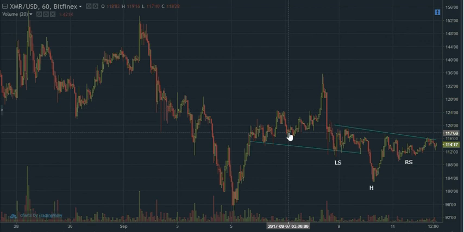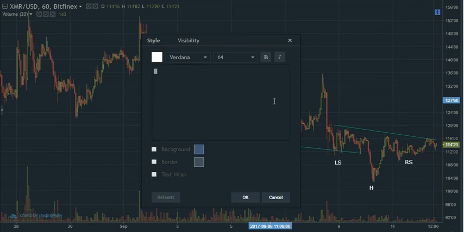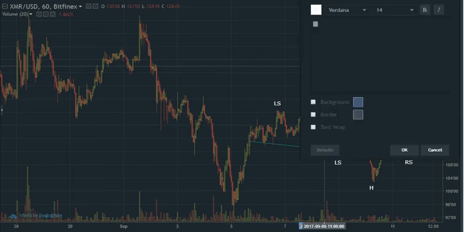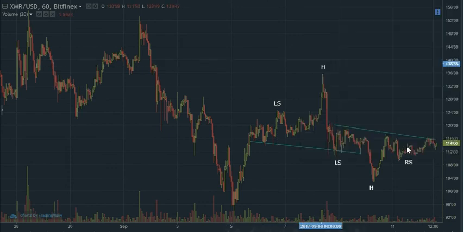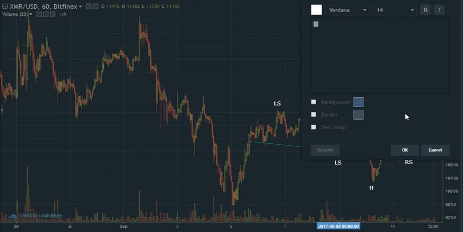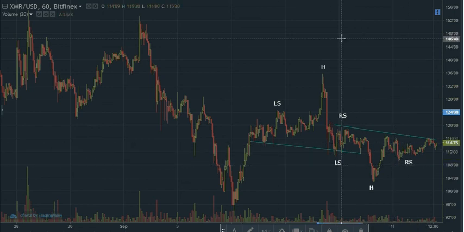here's a shoulder, left shoulder. Here's the head. And here is the right shoulder, which overlaps with the left shoulder of the head and shoulders bottom. Now this is head and shoulders top. So